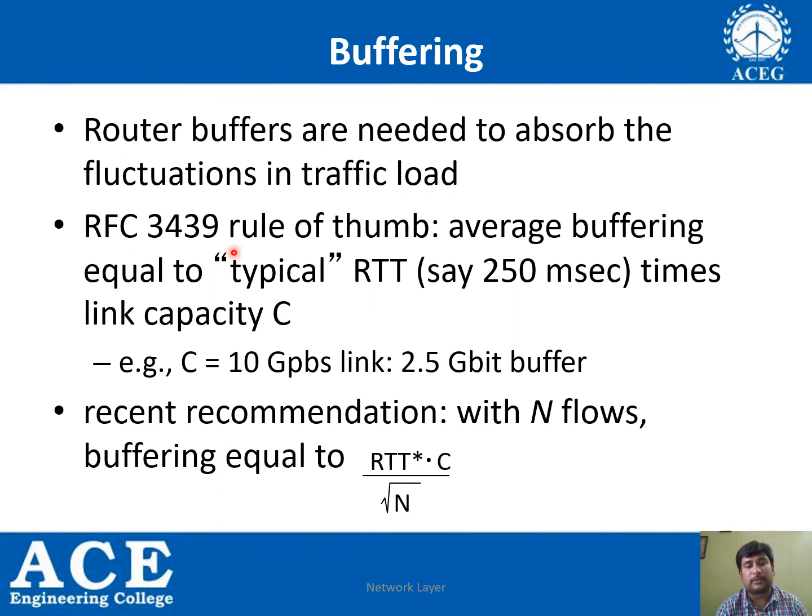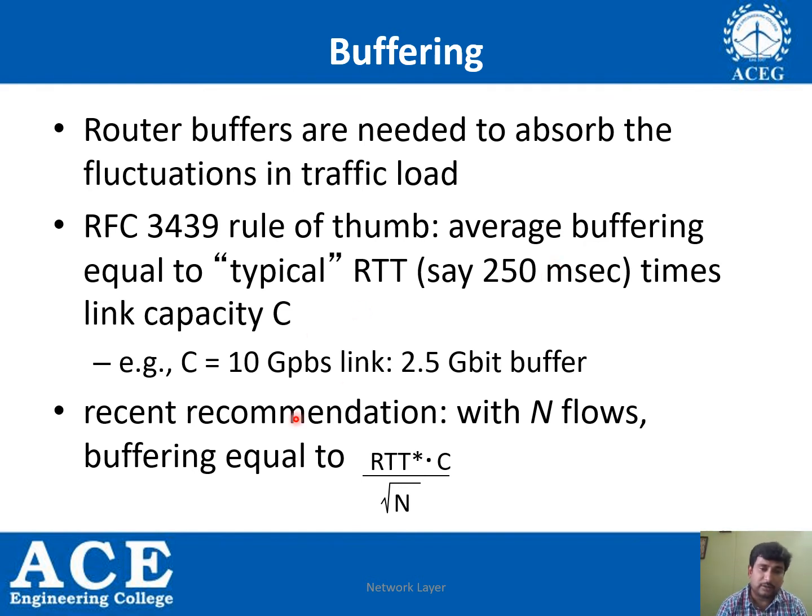The rule of thumb is referred to as RFC 3439 rule of thumb, which indicates the average buffering required is equal to the typical round trip time times the link capacity. If the link capacity of the transmission is C, then the average buffering equals the product of C and round trip time. We discussed previously what round trip time is. That is the time taken from one end to the other and to come back to the same point. So that is called round trip time. Generally it is 250 milliseconds, and that has to be multiplied with the capacity to find the average buffering